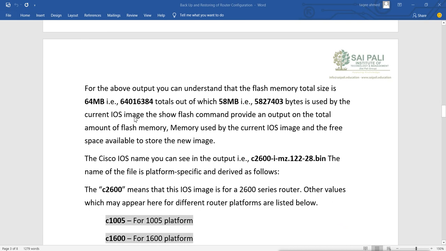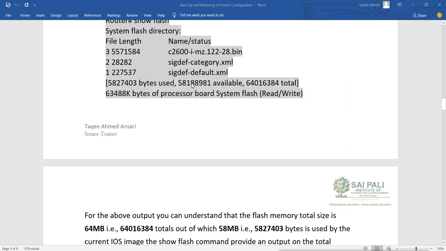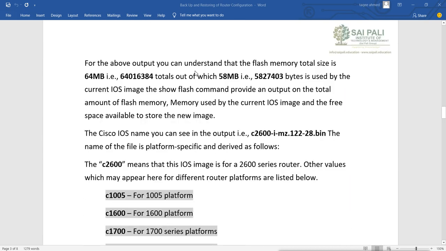For the above output which you see here, you can understand that the flash memory total size is 64 MB, that is 6401638 total, out of which 58 MB, that is 703 bytes, is used by the current IOS file.